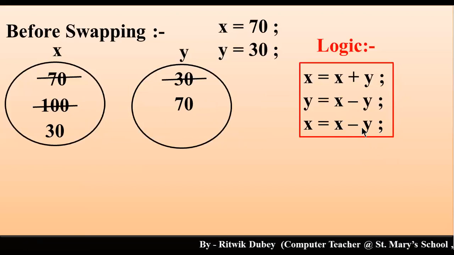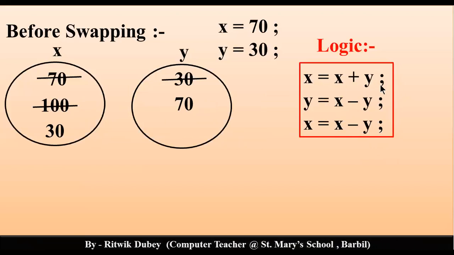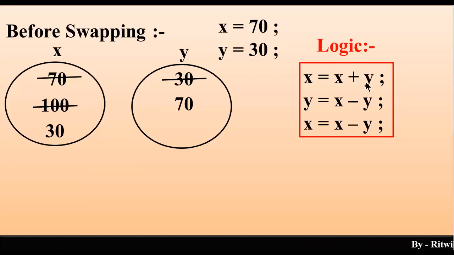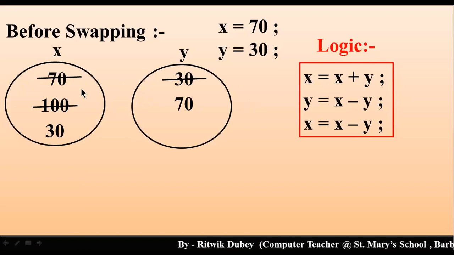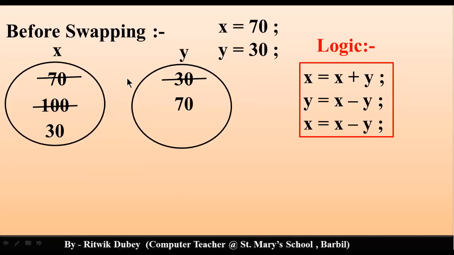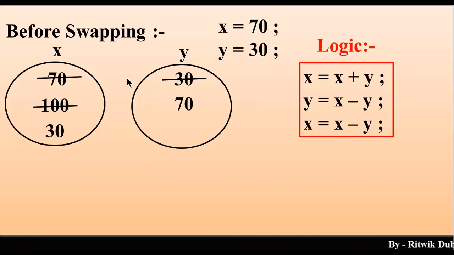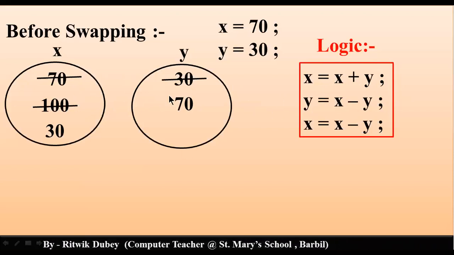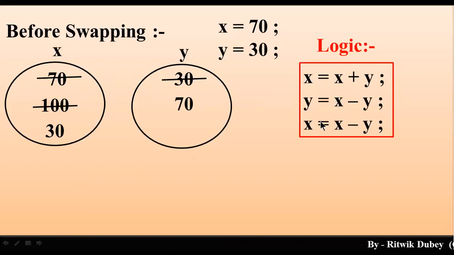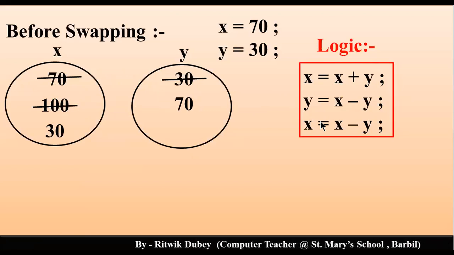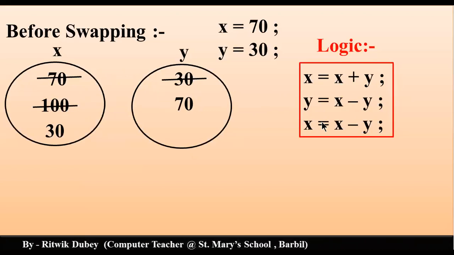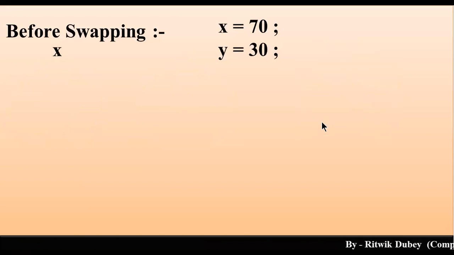Using which we can swap the values of two variables without using the third variable. Is this clear? Now what most of the students do, they just mug up this, but there is no need of mugging it up. You can understand. Just draw the diagram yourself, and I have taken the values 70, 30 so that calculation becomes easy for you. Everybody knows that 70 plus 30 will be 100. You can take values 20 and 10, but draw it and try to find out yourself how this logic works. Is this clear? Do you want me to repeat it again? Okay, let me repeat it again for you.